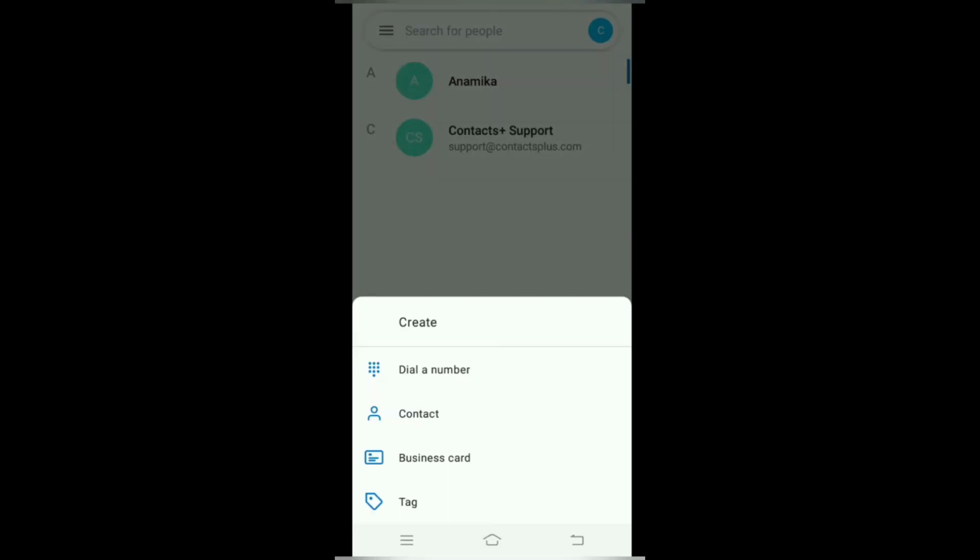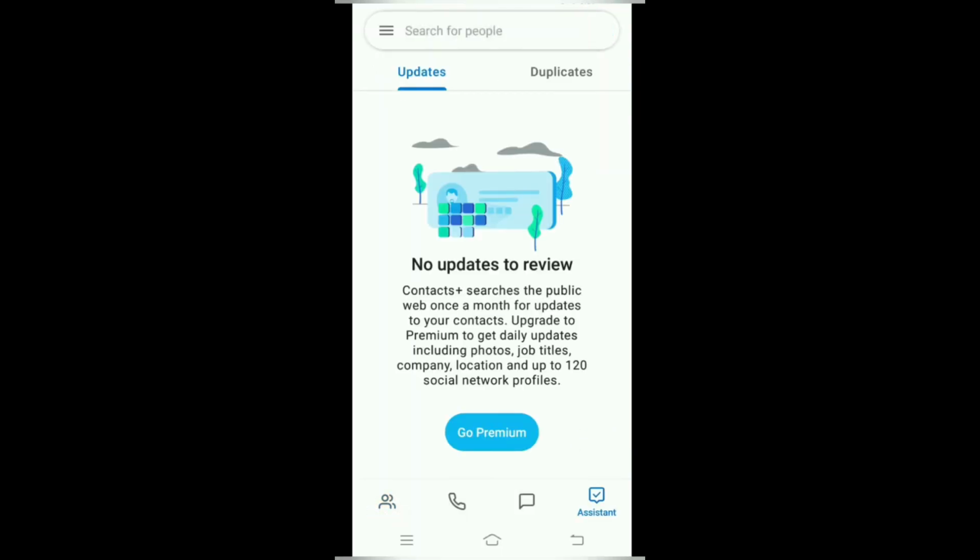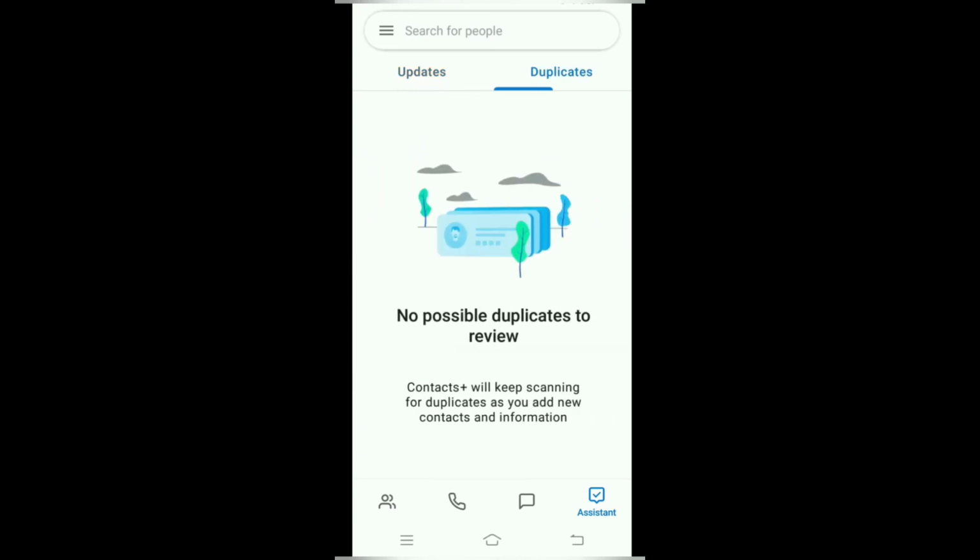Here you can see you can dial a number, you can save the business card, and also you can tag. This app will even merge duplicate contacts to keep everything organized. Here it will show any updates, and also if there are any duplicates, it will show that.